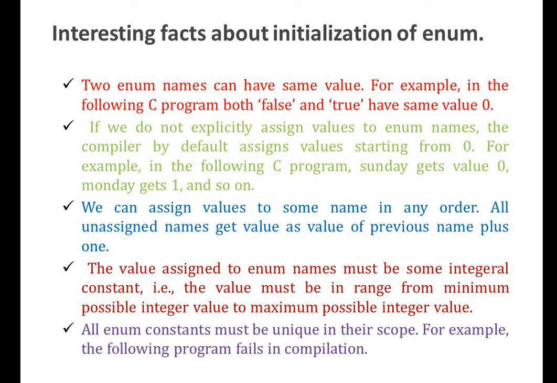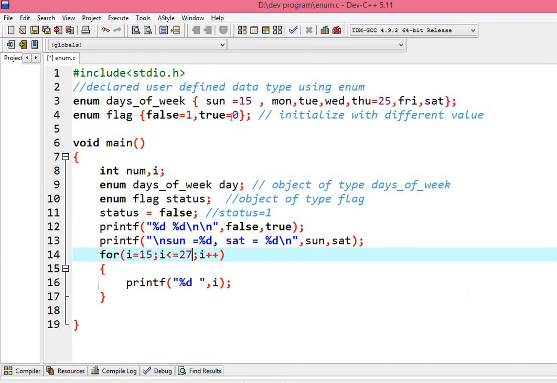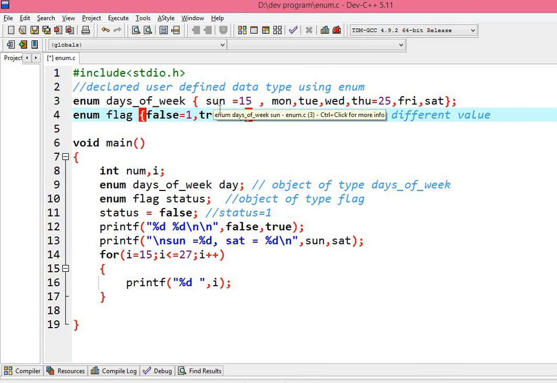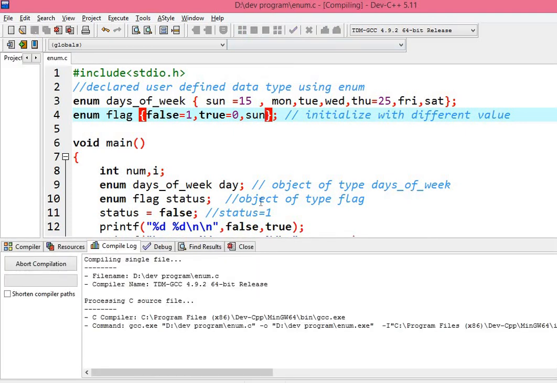All enum constants must be unique in their scope. So let's see this point over here. You can see in the days of week enum there is one enumerator, that is SUN. Now just to make you understand this, I am going to add another enumerator SUN in this flag enum, and let's see what happens when we compile this program.